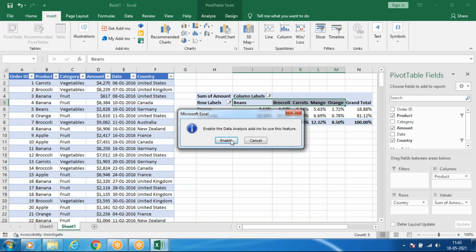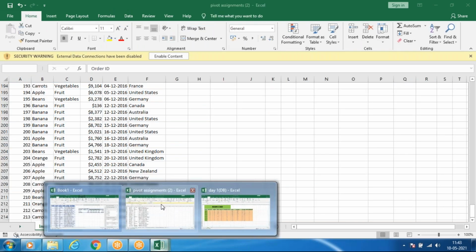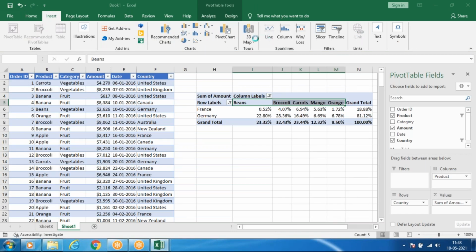So this needs internet. So it will take time. So 3D map will take time. So we'll see something else.